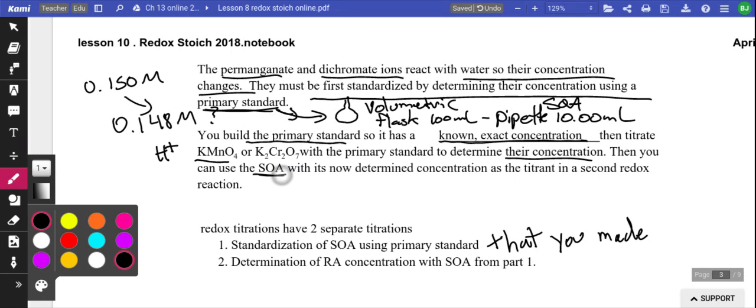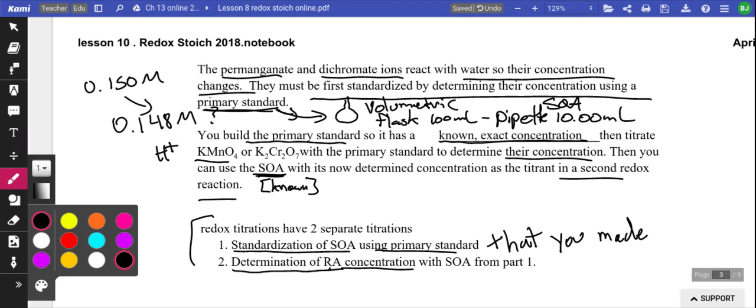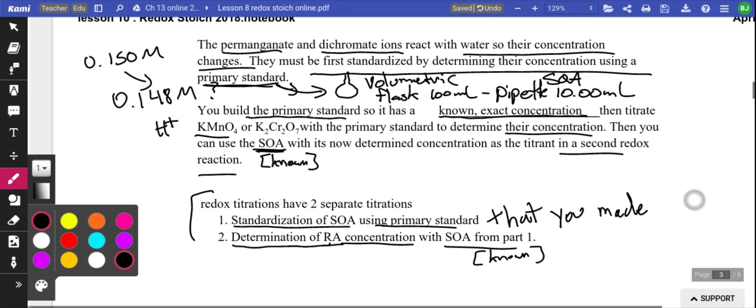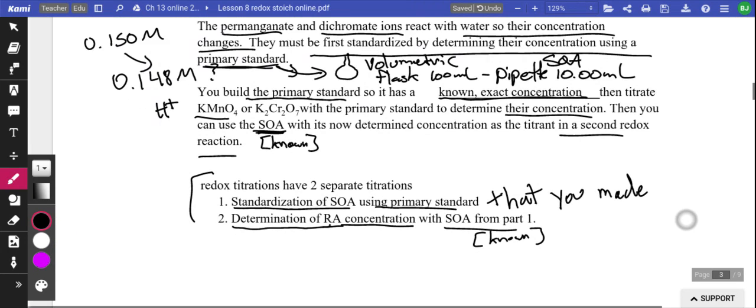Then you move on to step 2. Now that you know this concentration, so we would say concentration known, then you can do the second part of the reaction. So to summarize down here, 2 parts to the titration. Part 1 is standardization of your strong oxidizing agent using your primary standard. And then part 2 is determining the concentration of your reducing agent using the strong oxidizing agent from part 1. And you now know its concentration to allow you to do that. So I know that's a little confusing,